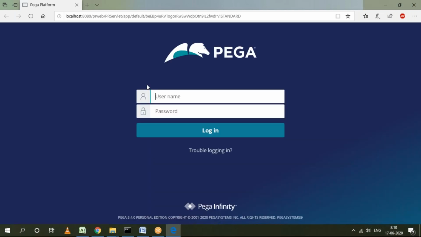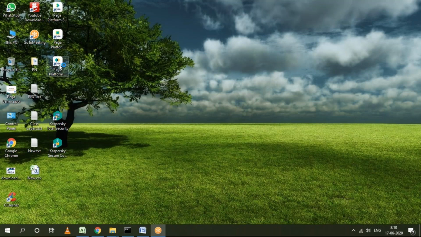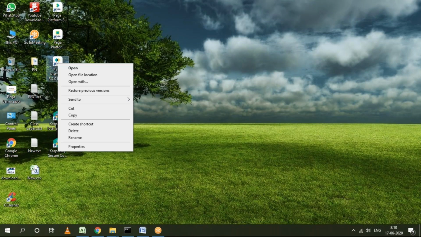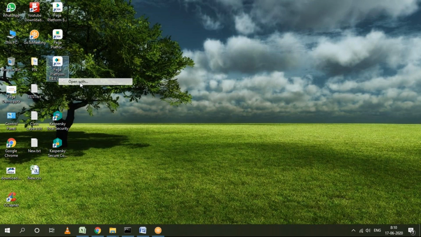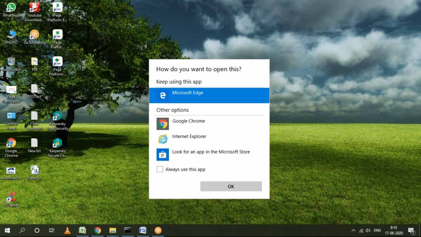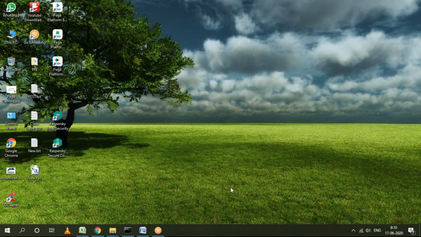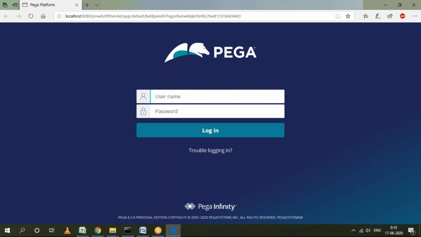In most Windows systems you get this one. Now, how to choose the browser separately: if you want to set any browser as default, suppose in your system some other browser, Firefox or Chrome, is set as the default, you can do this setting. Right click on the login icon and use the option Open with. When you click Open with, it will show the available browsers in your system. Choose Microsoft Edge, enable the checkbox and click OK. From next time, the application will open in the Microsoft Edge browser.